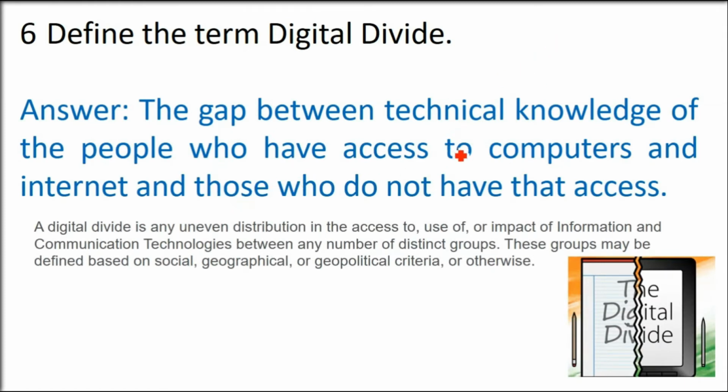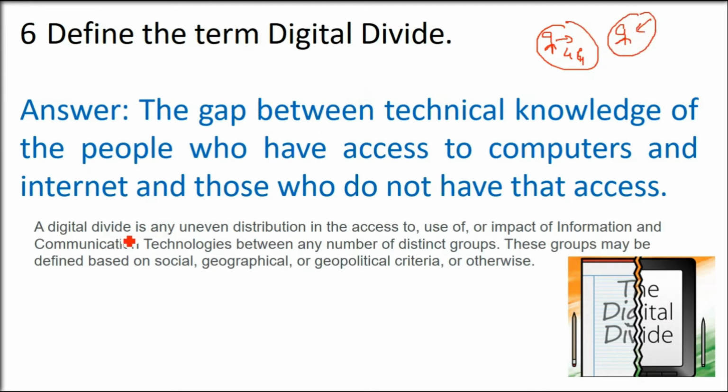Define the term digital divide. Now, consider people who are accessing the internet, documents, communication technology. Let us assume you live in a metro. You have 4G, 5G, etc. You have a laptop, you have good internet speed, you are doing online payment, you are playing online, but this person lives in a village. Maybe he might not have a mobile so that he can use the internet, or he might not have the different services. So there is a gap, there is a difference between the information that you can get or the access to different technologies.